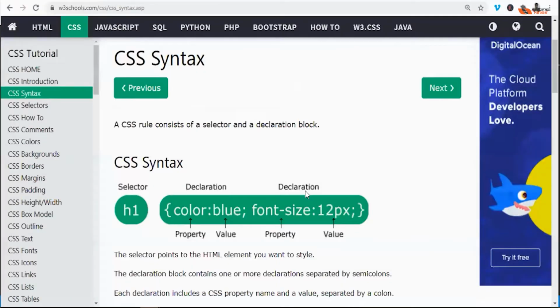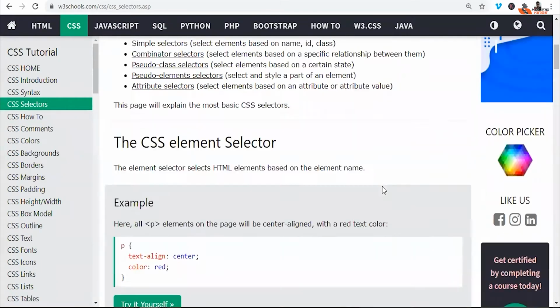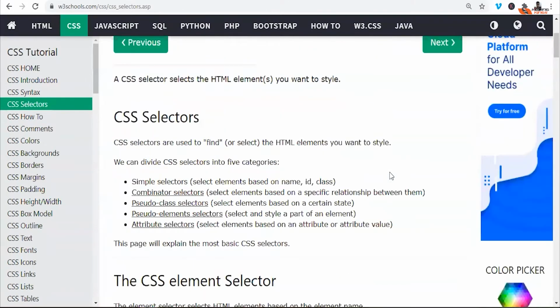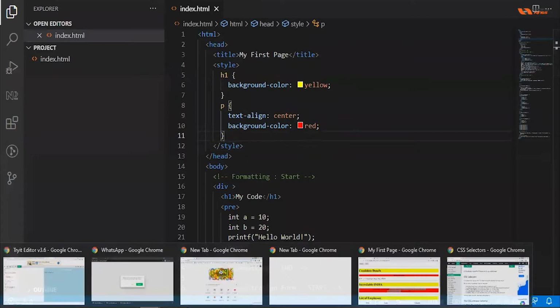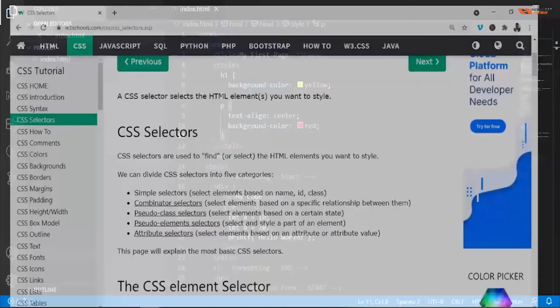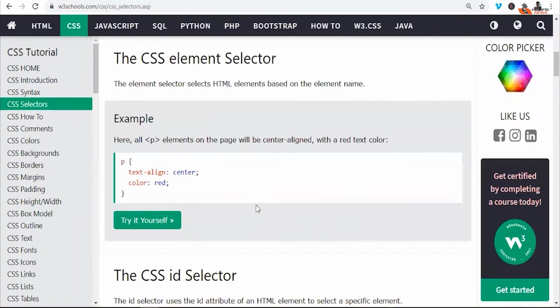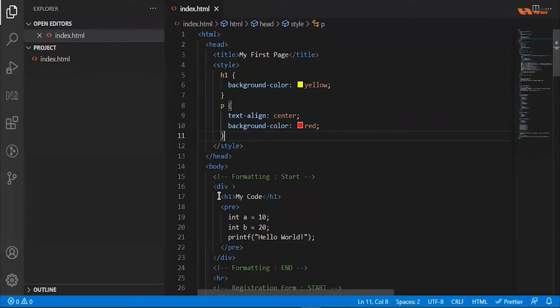This is all about the syntax that I wanted to highlight. After that, there are a few things about the selector. There is a small theoretical concept called the selector, so we'll try to see some selectors here. I'll not go through all the selectors because I don't want to confuse you, but there are a few. So what exactly do we mean by selectors? For example, you need to select all the H1 tags